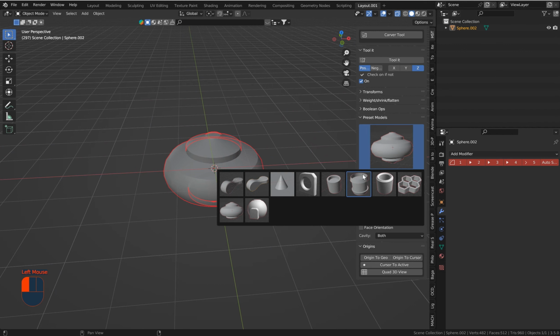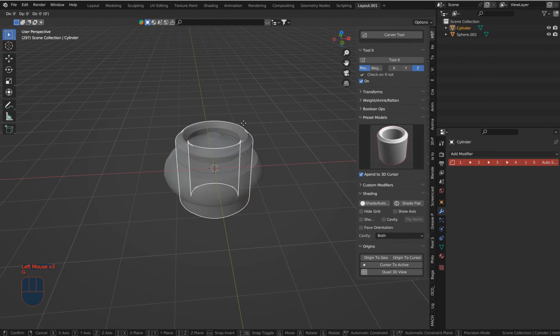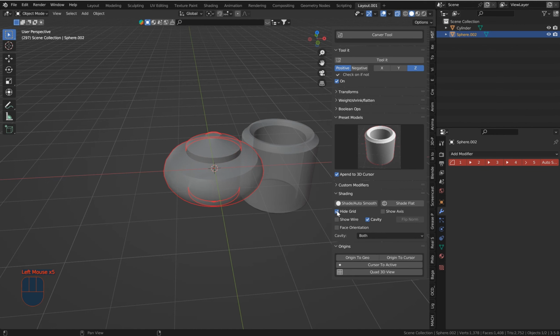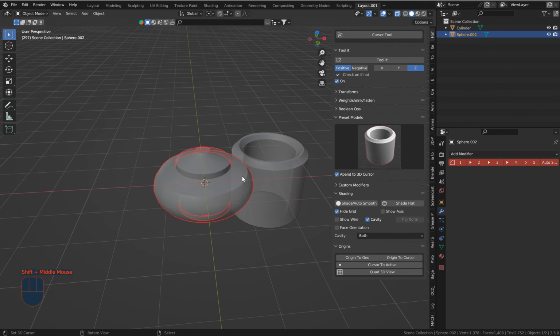And so if I happen to append another thing in at the 3D cursor, it's actually X-rayed. So what we can do here is go down and let's see here. I want to do a show cavity for sure, and then the show in front. Let me pull this out just a little bit. Hide grid. There we go. So that'll put this in front of other models in X-ray if you press hide grid,